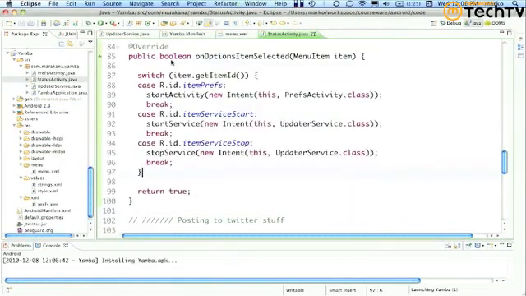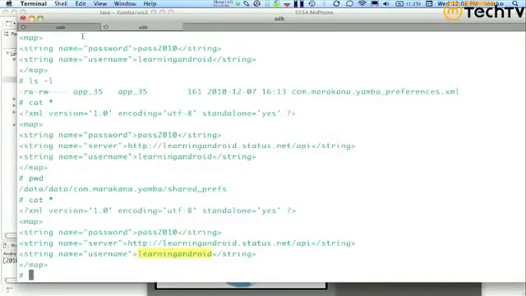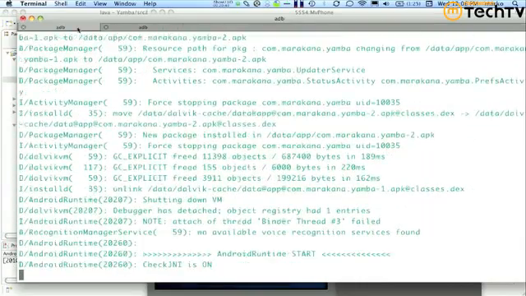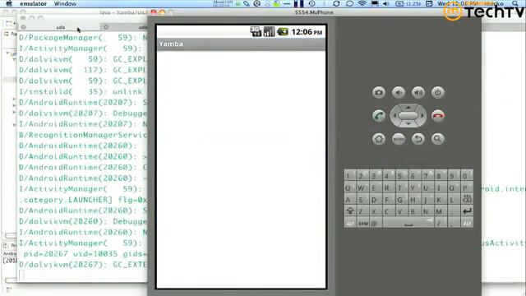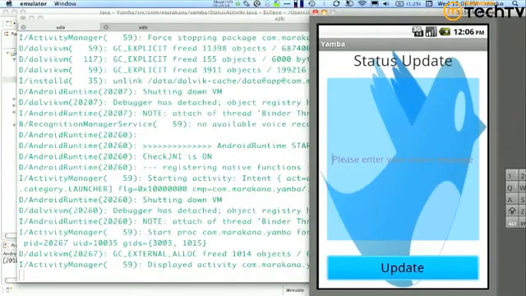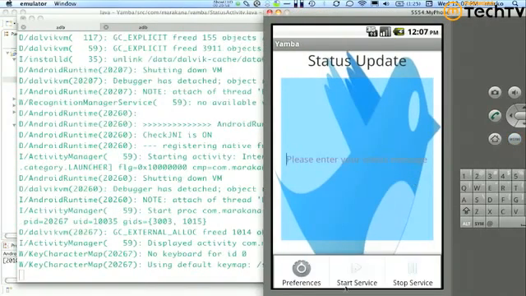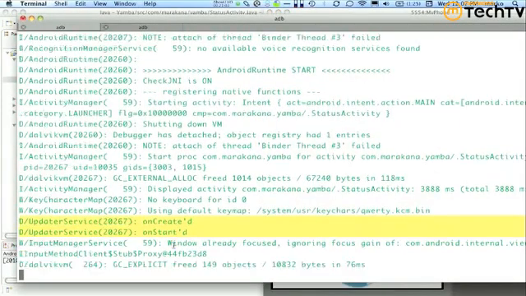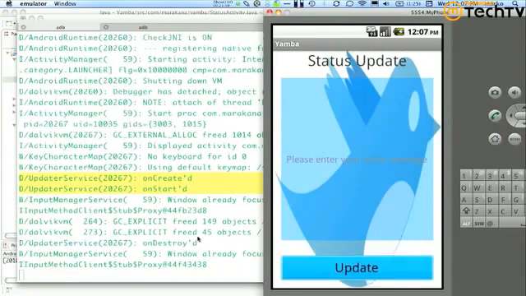So if I run this now, what I'm going to do is watch it on my Logcat. You guys notice I have my Logcat always on, always running, right? And same with the emulator. So it's much quicker that way to develop. I can basically just watch what's going on. Actually, I need my menu button. So menu, start service, and bam, there's my notification. Start, stop, right? And then I can say menu, stop service, and there's my